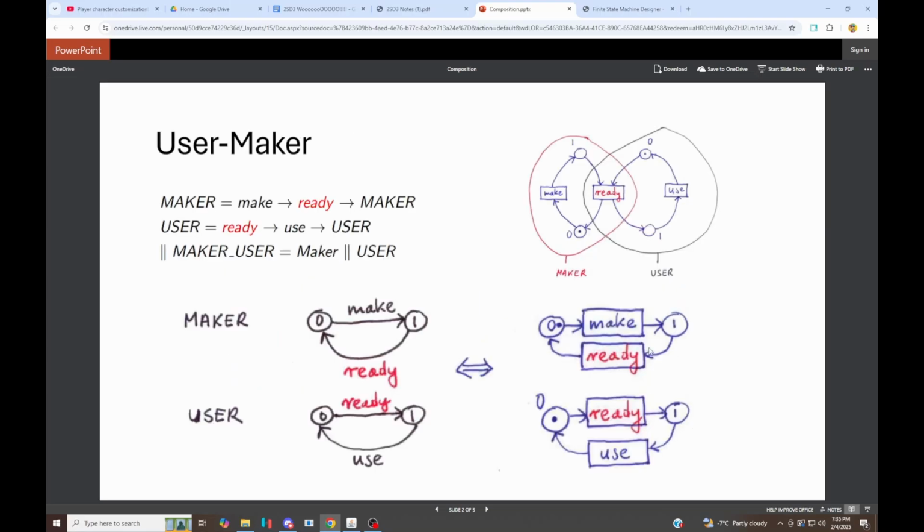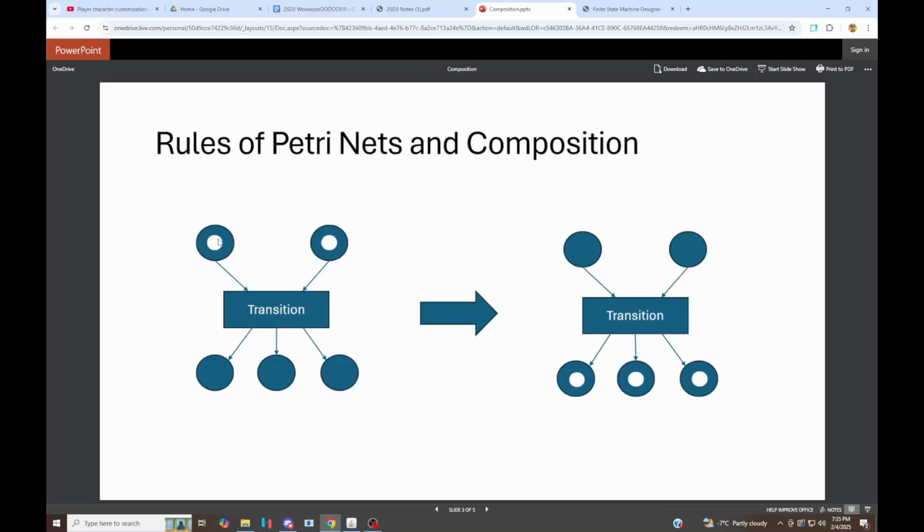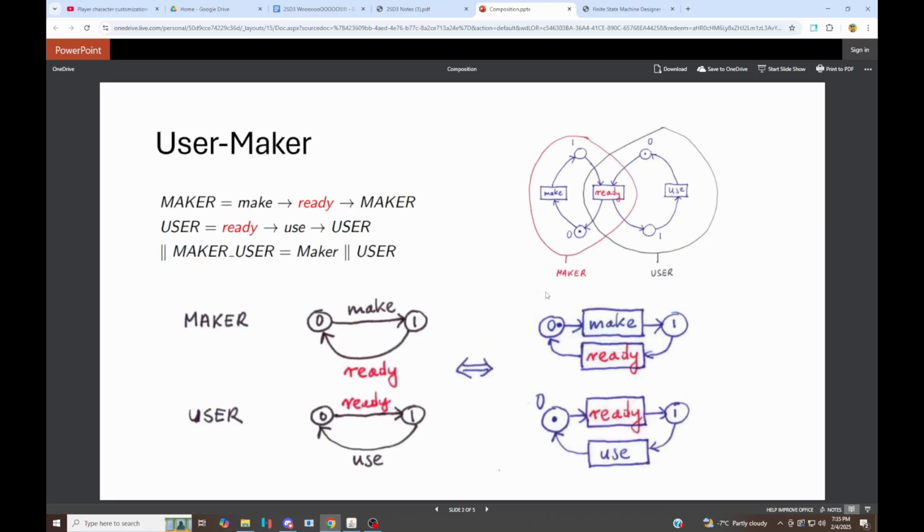For most cases, when you're modeling a single process, it's going to be a really simple transition because it's just going to have one dot that goes from one state to another, because you're just modeling the single process of maker firing. These dots are just supposed to represent processes. And then a transition that needs multiple dots is a transition that is shared. It's a transition where multiple processes need to be loaded and ready to run it before you can actually run this transition. So as we can see in this diagram here, ready needs a dot in both this state and